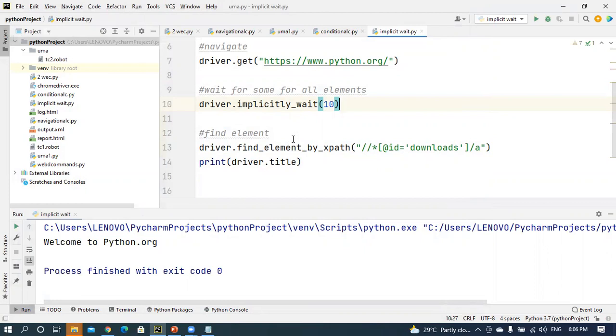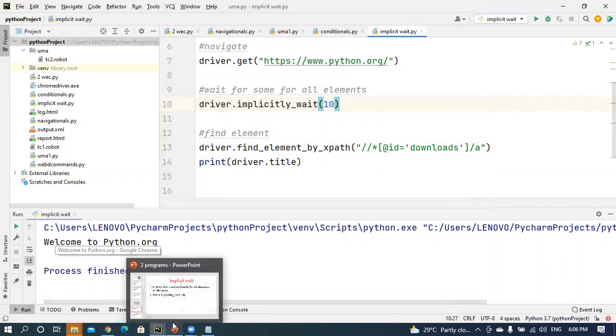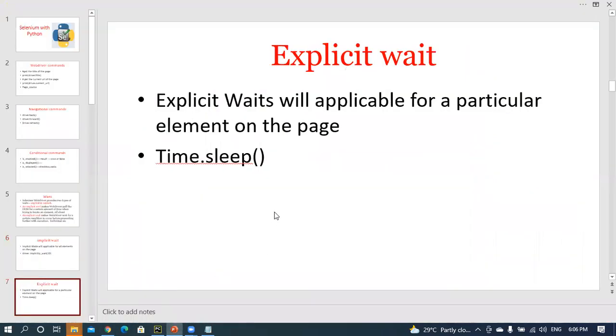Coming to the next important one, the explicit wait. Previously you applied the wait value everywhere. Here, the explicit wait is applicable for a particular element on the page.